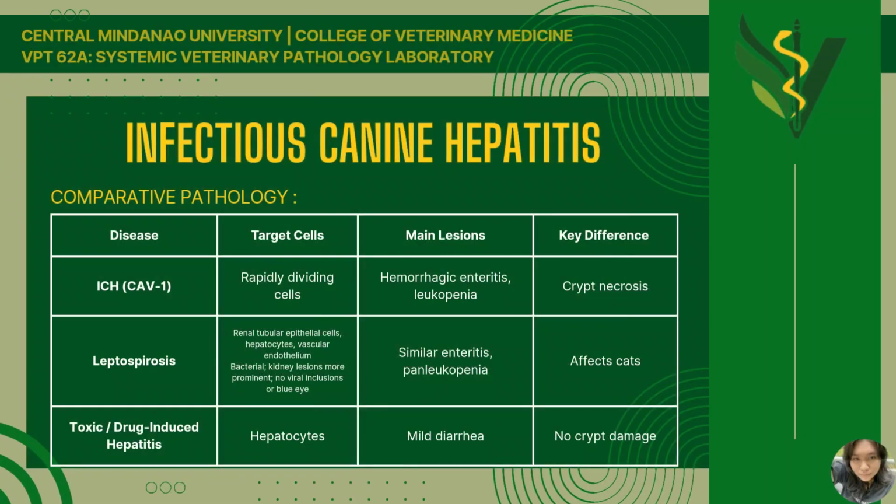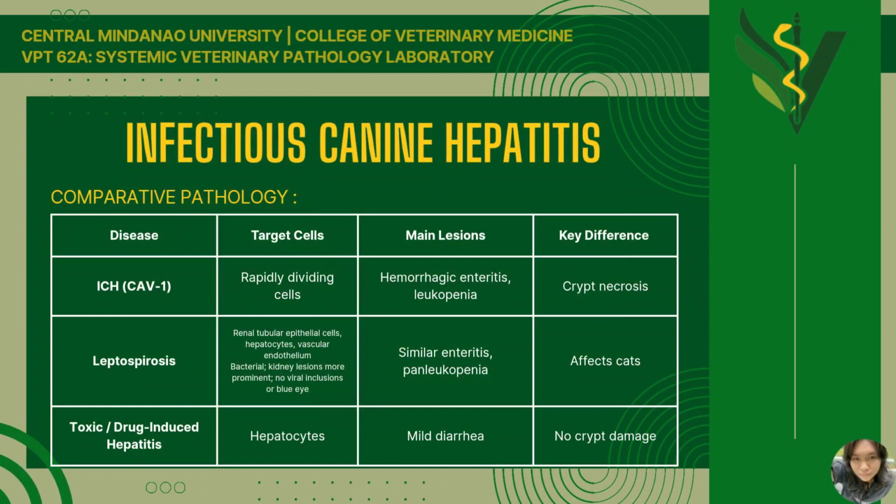So for this part, I will be comparing infectious canine hepatitis, leptospirosis, and toxic or drug-induced hepatitis. I will also be discussing their differences and how we distinguish them from one another. All three conditions involve hepatic injury and may present with depression, anorexia, vomiting, abdominal pain, possibly jaundice, and elevated